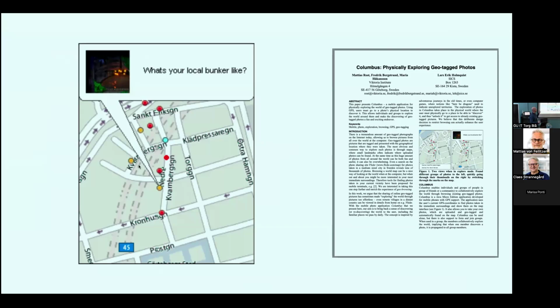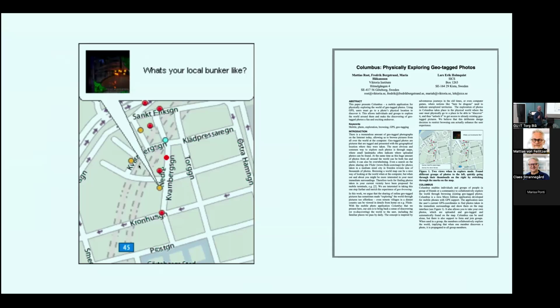So this is from a project called Columbus, where we figured out that there were a lot of photos that were starting to get geotagged. A geotagged photo is a photo where it has some metadata about where it was taken, right? Today, every photo we take with our mobile phones, of course, has this location in it because the phone knows where it is. But it didn't always used to be the case. But they were starting to get larger and larger collections of these geotagged photos, and we wanted to create experiences where